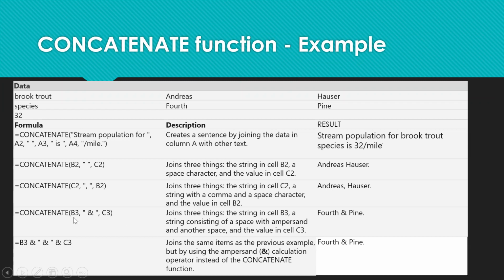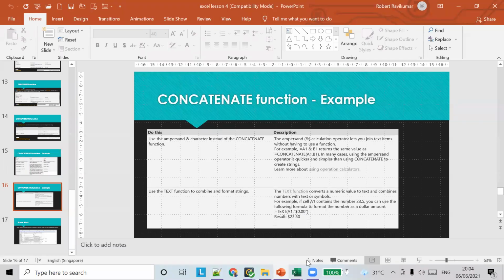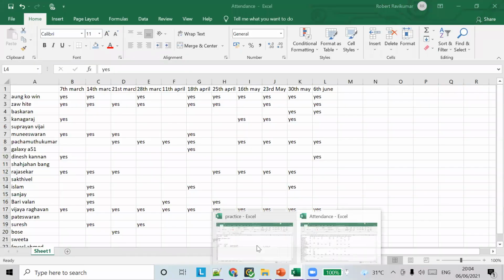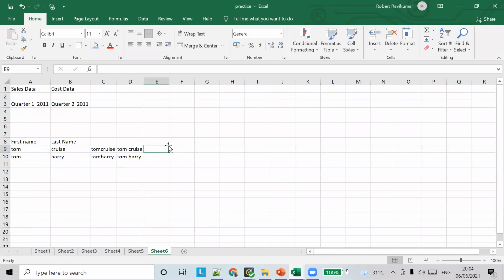Similar to using the separated values, we can give ampersand also. I'll teach you this example using the ampersand, the and symbol. What we did is we used concatenation using the concatenate formula.